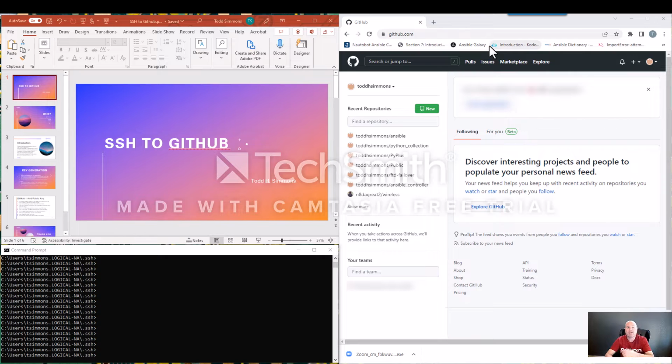So you can see I've got 3 screens that I'm sharing at this point. I've got a PowerPoint presentation just so you can see what it is that I'm doing. In addition, I've got my Windows command prompt down here. I do have a Windows PC that I'm doing this from. And then I actually have my GitHub login over here on the right. So jumping into it,